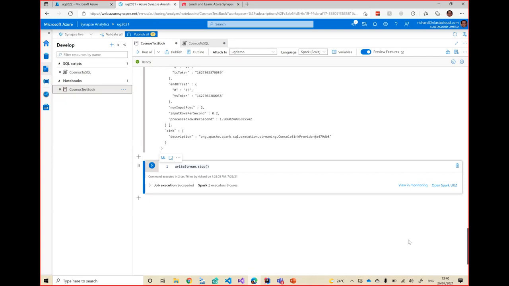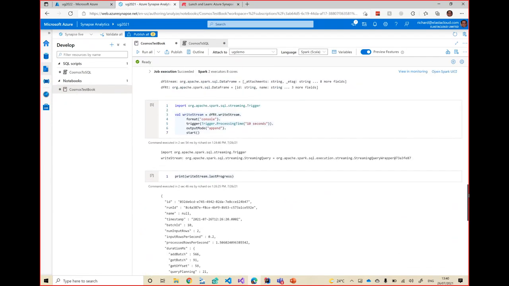So in structured streaming, there are quite a few. The console one, which obviously I had problems with. We can write to the lake. We can write to SQL. We can write back to Synapse if we wanted to. There's an output sync to Cosmos as well. So it's relatively fully featured, and one of the things that